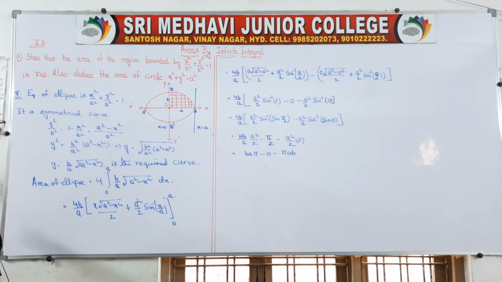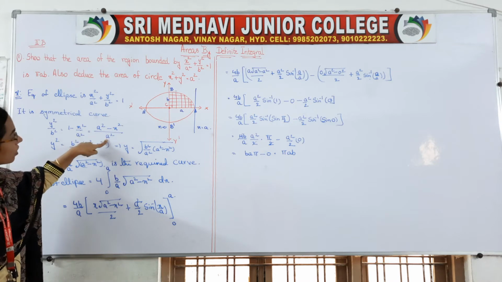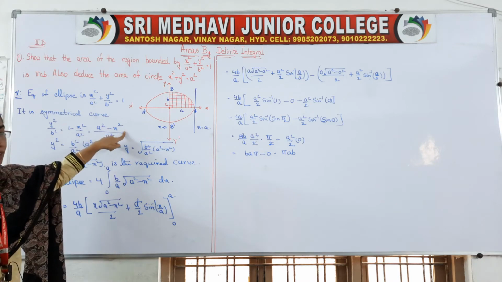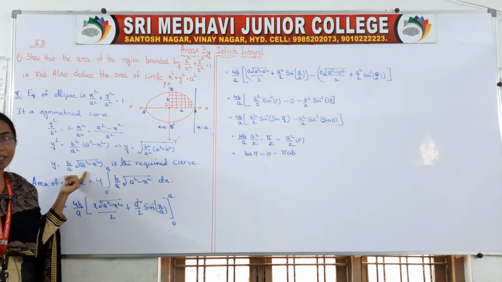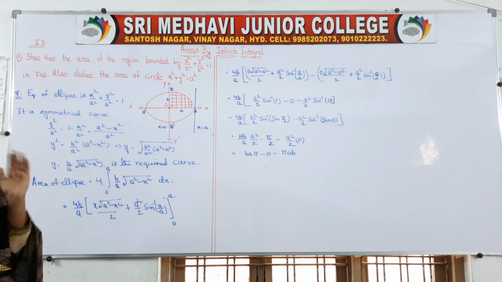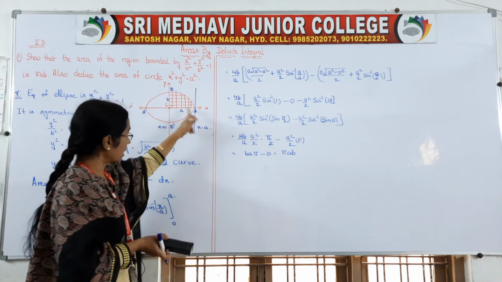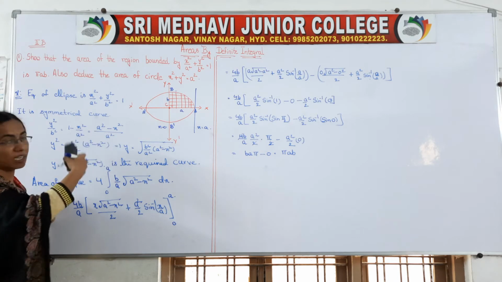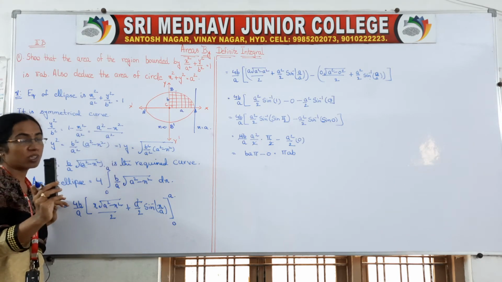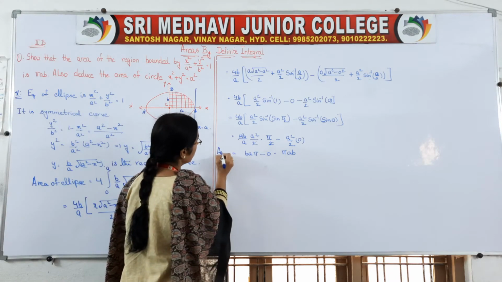How can we take it? y square by b square is equal to 1 minus x square by a square. A square is the LCM, so a square minus x square. So y square is equal to this one, y is equal to root of this. So you will get your required curve equation. That curve's area we have to find, and I have taken that curve from x is equal to 0 to x is equal to a on the x axis. So 4 times that area is nothing but the entire area of the ellipse. Why? It is a symmetrical diagram, right. So area is equal to, what is that?